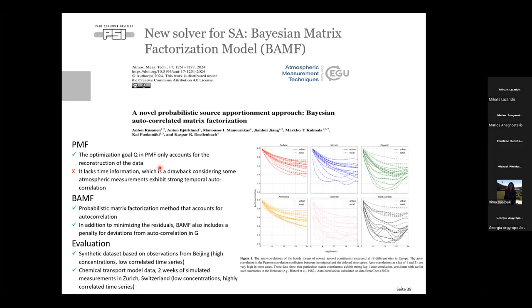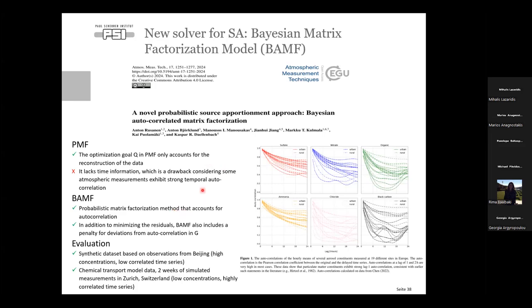This could be an advantage if it was done, because atmospheric measurements have strong temporal autocorrelation. Here we can see an example of different PM components and the correlation with lag in hours. We see that the measurements are highly correlated even if we go further in time.